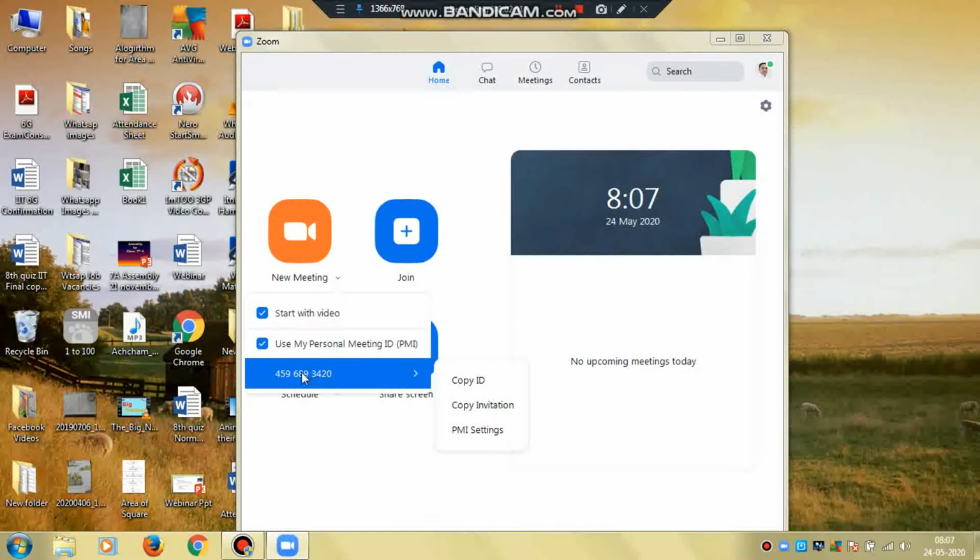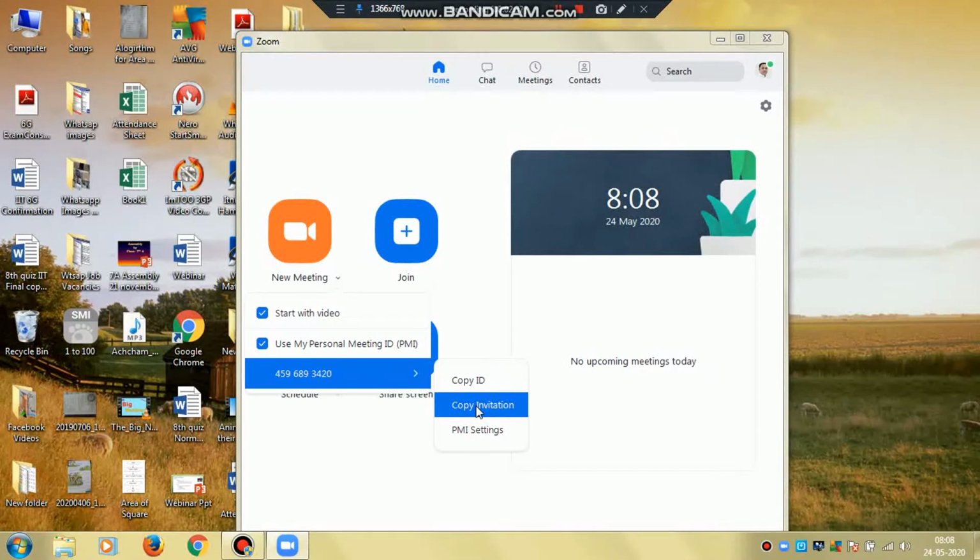When I place the mouse pointer on the ID, there are three sub options displayed here. First one is copy ID. If you click on copy ID, your personal meeting ID number will be copied. If you select copy invitation, after scheduling your meeting, whatever timing you have given, and your ID and password, all the meeting details will be copied when you select this option.